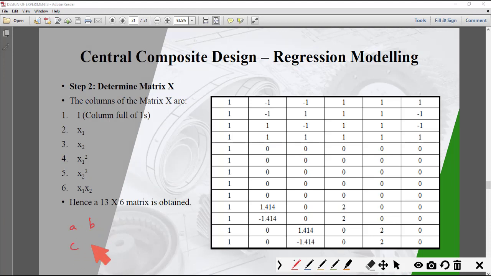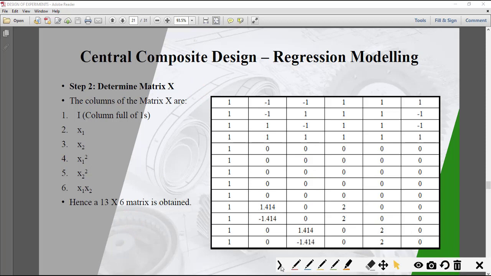If you have a matrix like this A, B, C, D, E, F, you convert columns to rows and rows to columns. Okay, so AB is a row, now you make AB into a column. CD is a row, make CD into a column. EF is a row, make EF into a column. Basically, this column has now become a row. This column has now become a row. So we change this 13 cross 6 matrix into a 6 cross 13 matrix. That is what the transpose of X is.